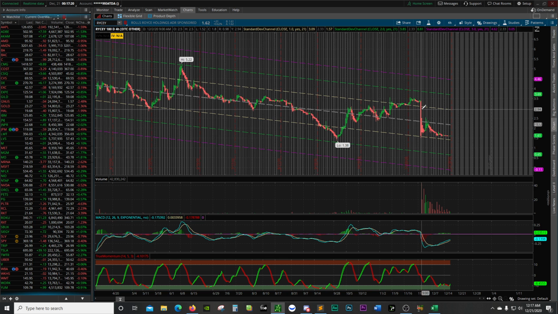This is why I like to stay away from penny stocks. Anything under $10 is not something I'm really interested in, because they can go from 10 to $1 pretty easy. But if they're at $10, they could go to 30 or 40 pretty easy too. So there's risk and reward.